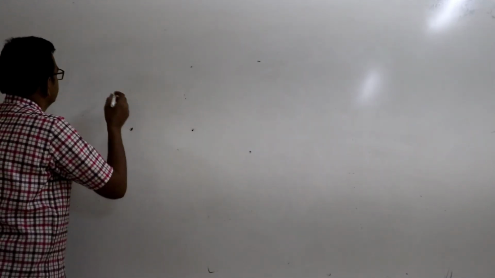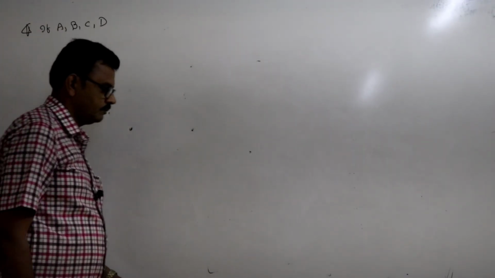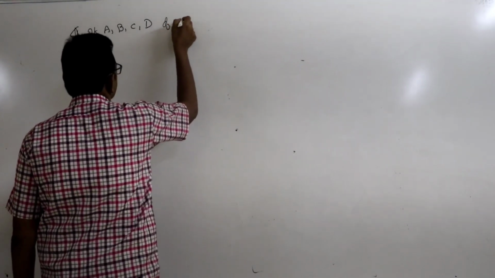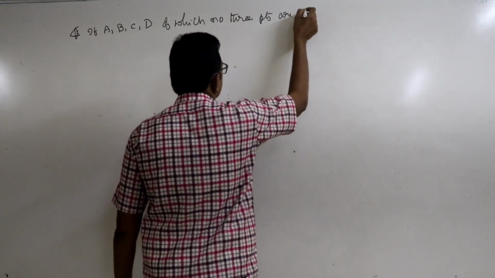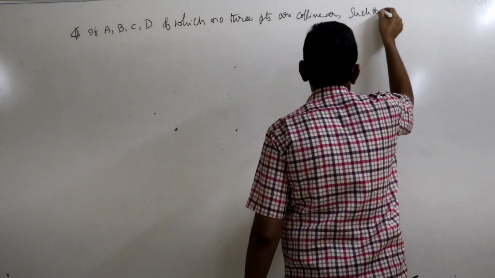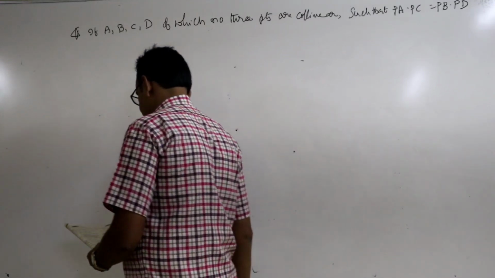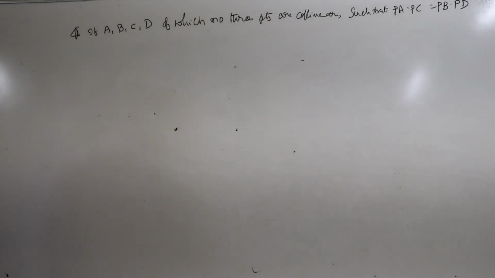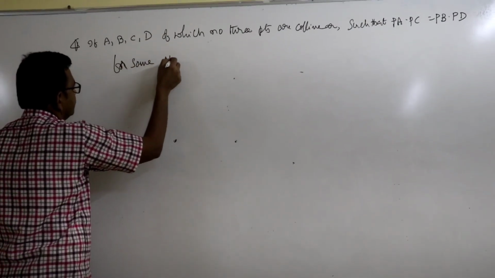Next point: if A, B, C, D are 4 points, of which no 3 points are collinear, such that PA into PC is equal to PB into PD for some point P,